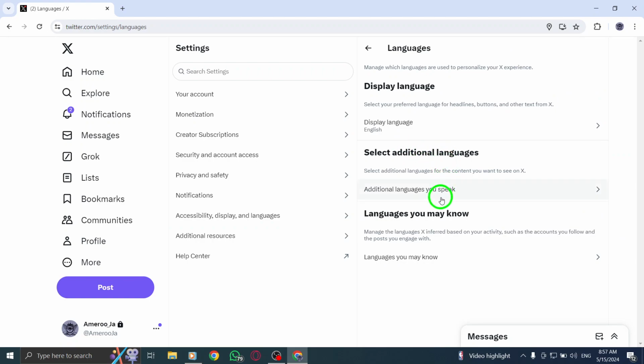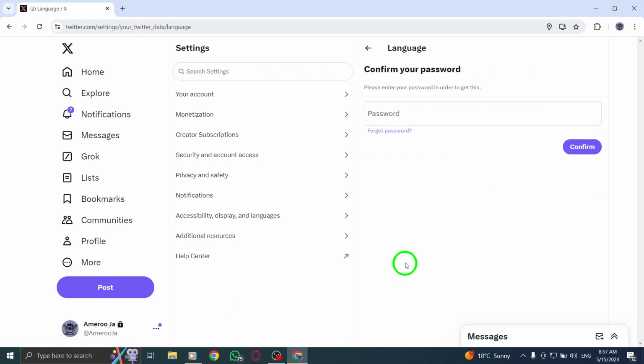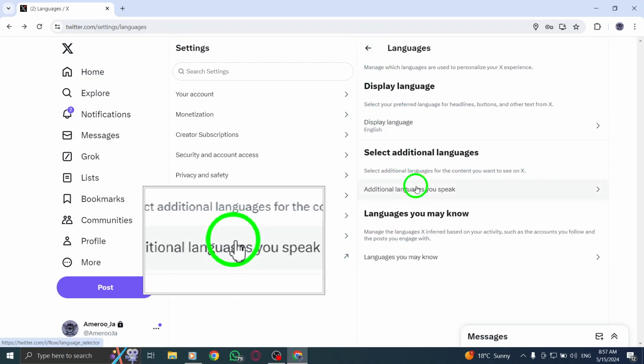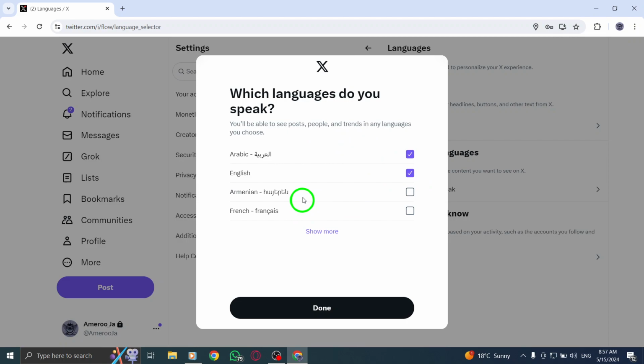Choose between Select Additional Languages or Languages you may know, based on your language preferences. Make your language selections by following the on-screen prompts. You may be required to enter your password for security verification. Once you have made your language choices, click on Done to save the changes and apply the new language settings